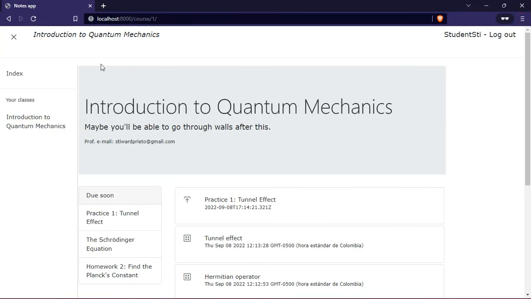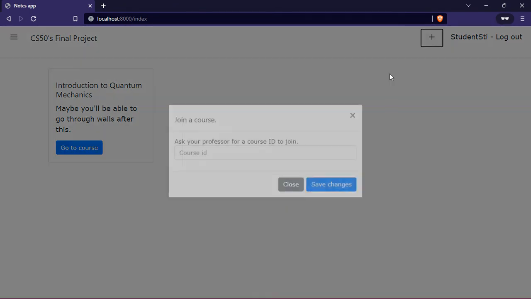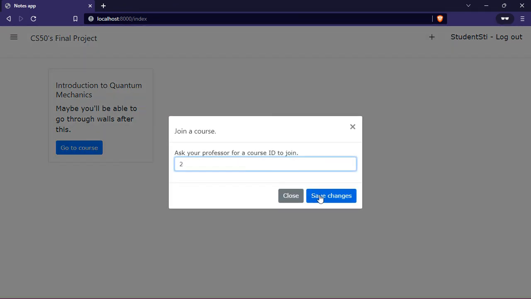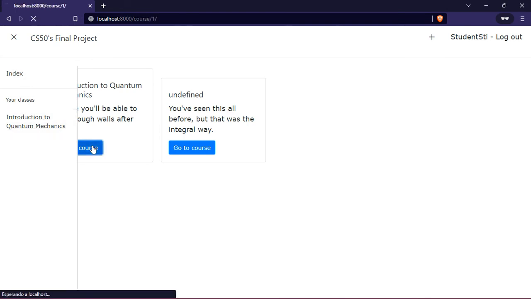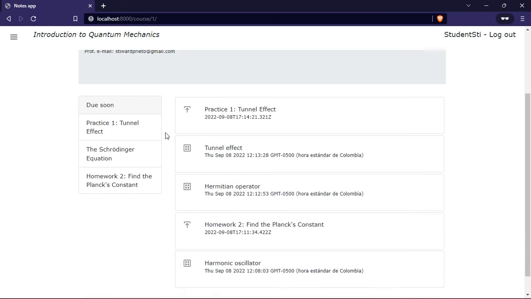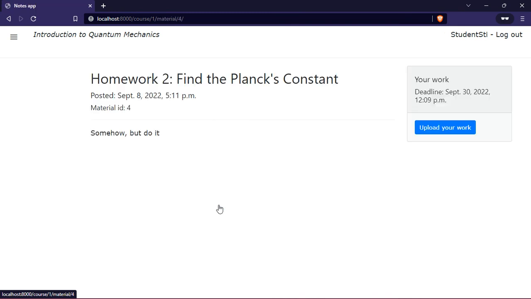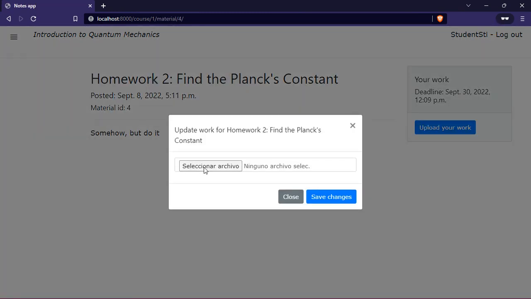Introduction to Quantum Mechanics. This is a course. Let's see this layout here. You can join a course with an ID. Let's add electromagnetism. There it is. And if I go to Introduction to Quantum Mechanics, and I go to this homework, which I have not submitted yet, I can select a file, any file,